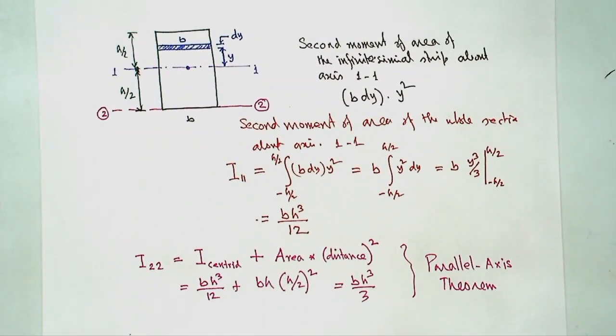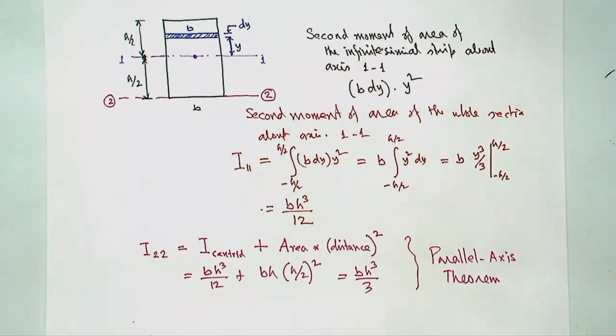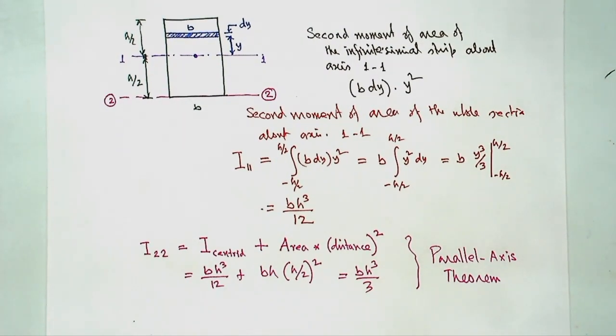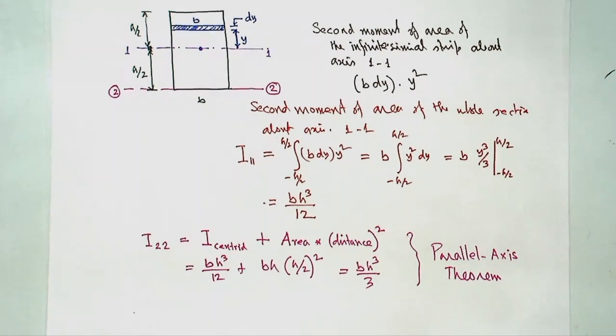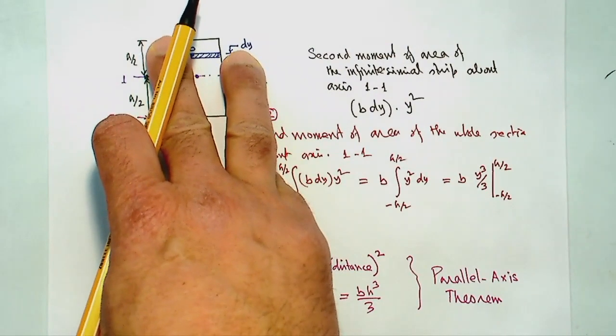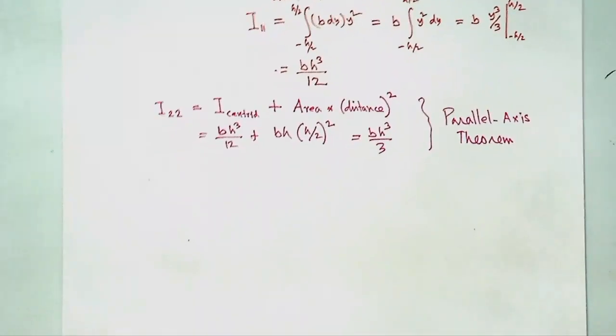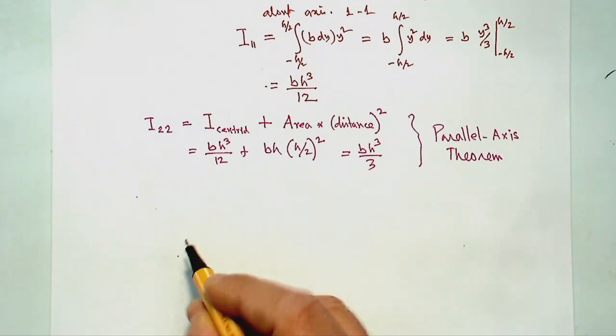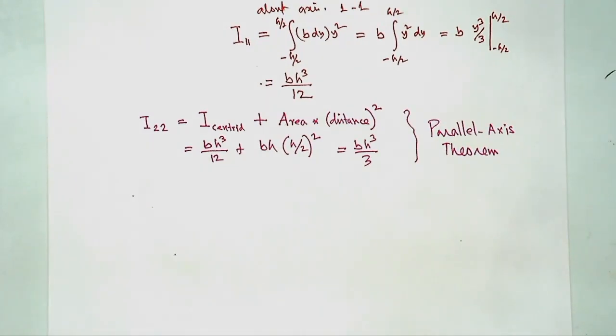Often using the rectangle makes sense, and you could get them in any data table or chart. One thing you should remember is this rectangle case and the circular case. If you know these two, then you can find out a lot of cross sections. If it is an I section, a T section, a channel section, an angle section, all these sorts of things you can find out from a rectangular cross section. So the things that you need to remember are possibly these two. One is, of course, the